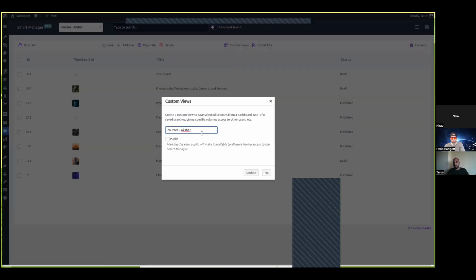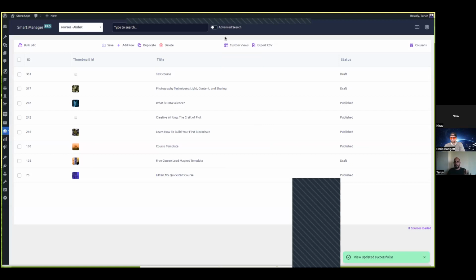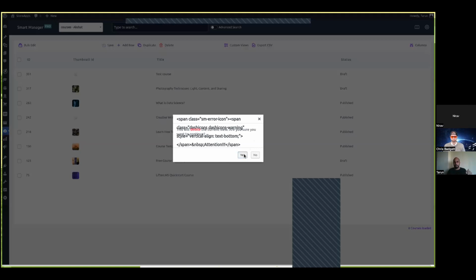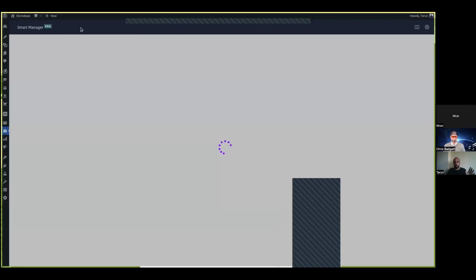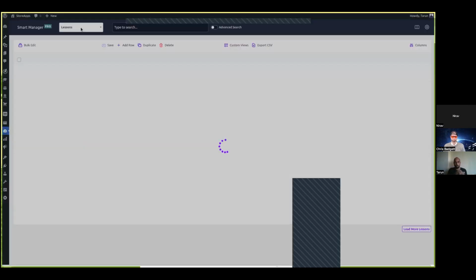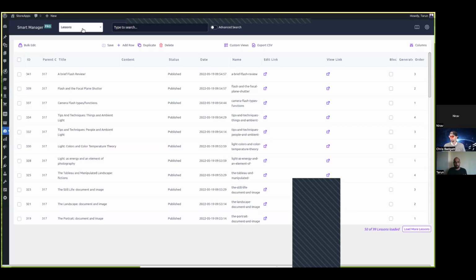If I need to change the name of this view, I can do that as well, or I can simply update it if I just need to. Once the view is updated, this is done. And then I can delete this view also. So if I no longer need the view for management purposes, if it was only for a temporary purpose that I had created, I can delete this view. So that can also be done. It will delete it, and it will automatically redirect you to your earlier dashboard. So yep, I guess I have covered the majority of the things.